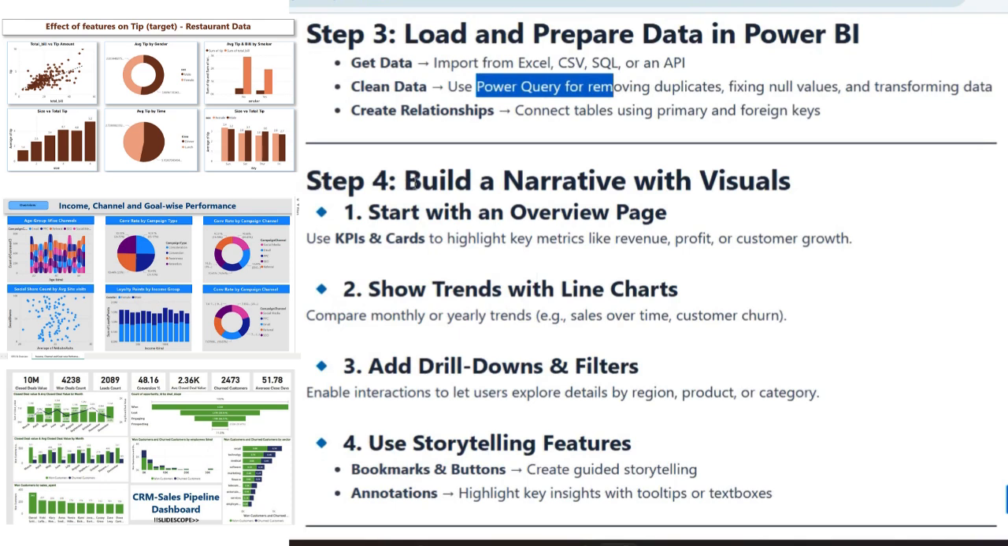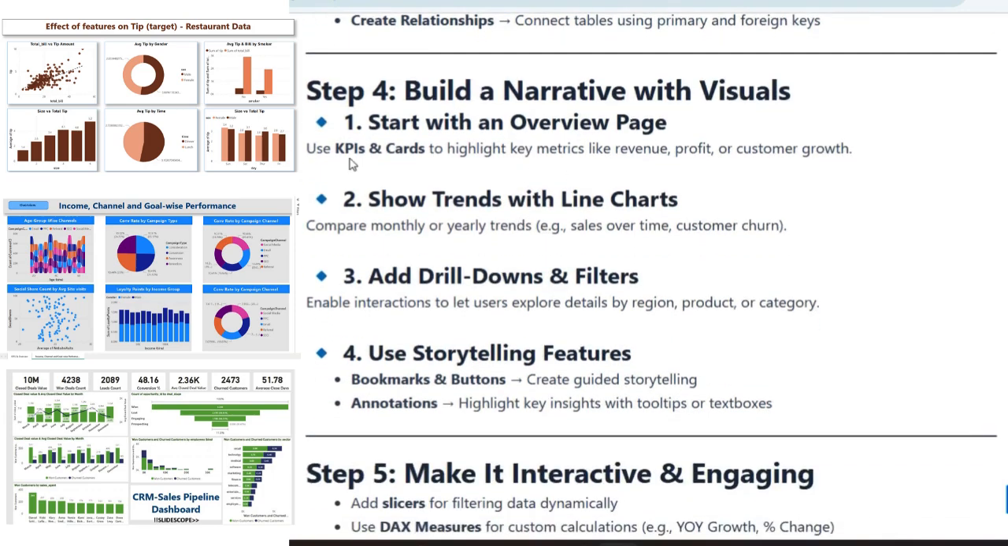Then comes step 4. That is the step why we are discussing this: to build a narrative with visuals. So first start with an overview page. Use KPI cards to highlight key metrics like revenue, profit and customer growth. As you are seeing in some reports here, you can always use these types of KPI cards to